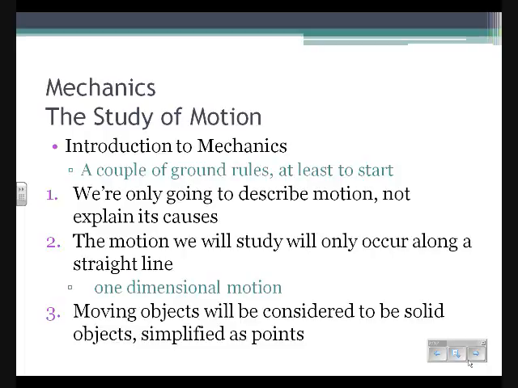Eventually, we'll get into some of that when we have different parts of the same object moving in different ways and how that affects the motion, but right now, that's not what we're going to do. It's just too complex, so we're not going to handle that right now. Okay? But regardless of how we study motion or what ground rules we set,